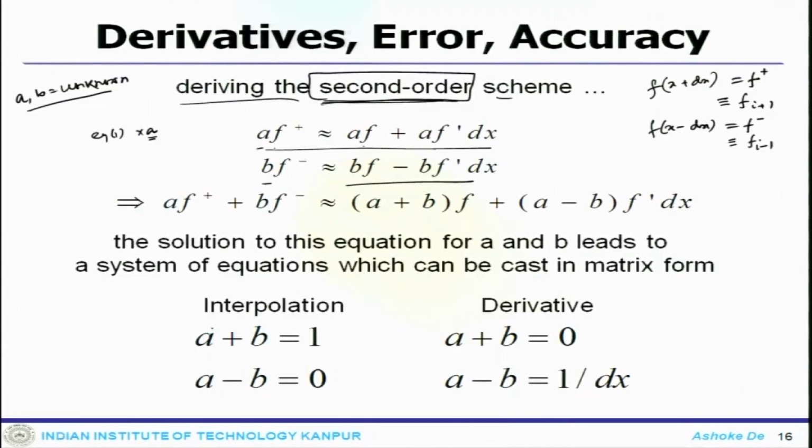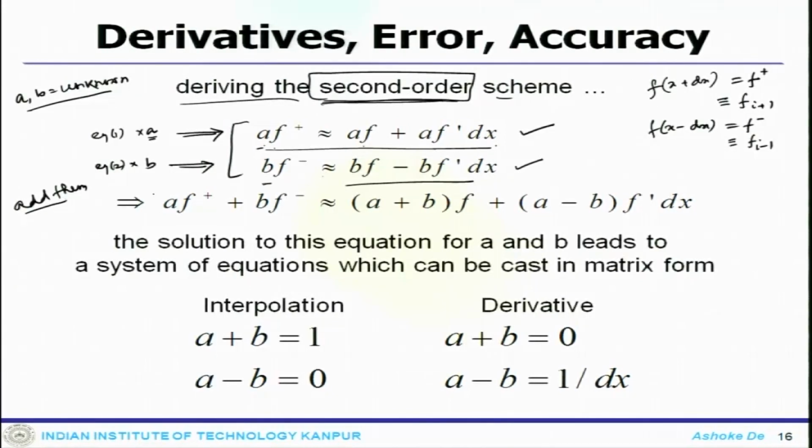Once you multiply it, you write A plus approximated as f plus A prime dx, number 1, number 2 B minus approximated as f minus B prime dx. So, you get back 2 more system. So, essentially equation 1 and 2 multiplied with A and B get back to this system. Once you get back this, you add them together.